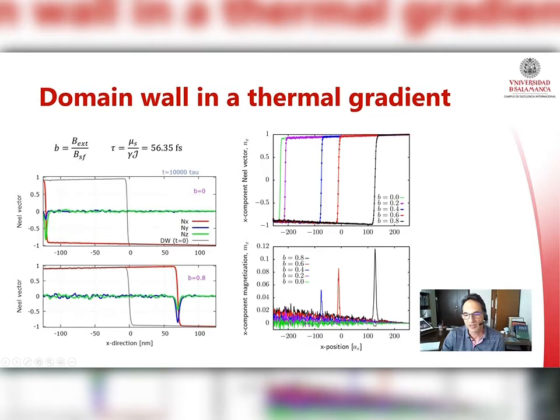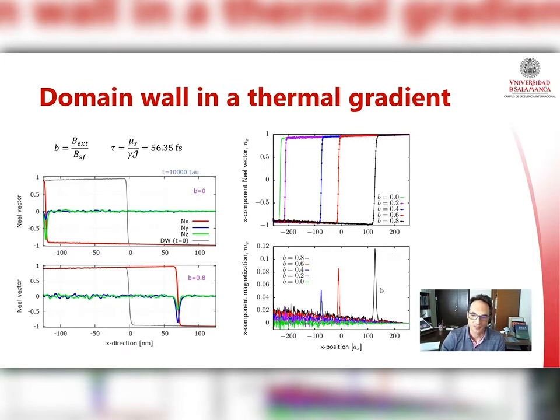This is where the domain wall is for b equal 0.8, highest field. And you can see at the profile of mz that mz is not 0 and that there is a peak here which is around above 0.1, which means it's a sizable net magnetization component, even though we are in an